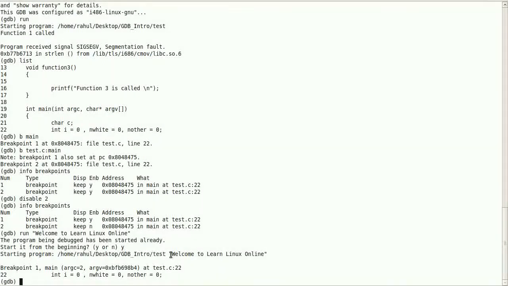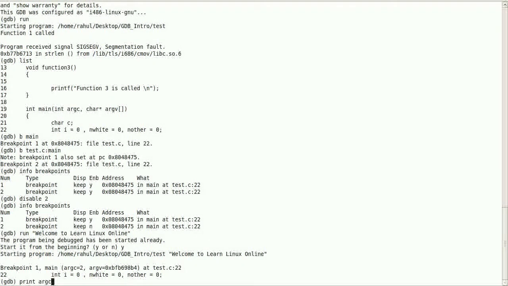Basically, why I am giving it in inverted commas is because if I give spaces, argc will count by the number of spaces. Every space it will be incremented, but if I give it in inverted commas, it accepts it as a string. Got it? Okay, fine. Now if I want to see the value of argc, what I have to do is print argc.